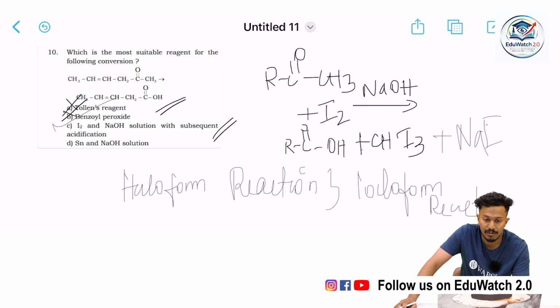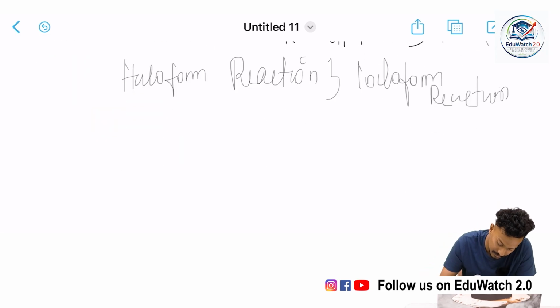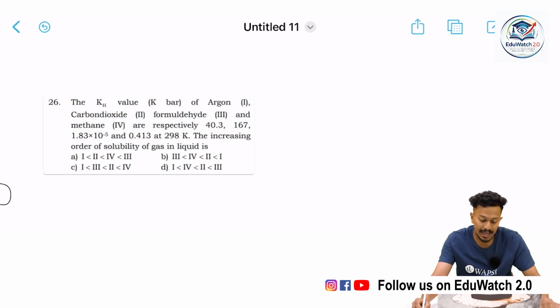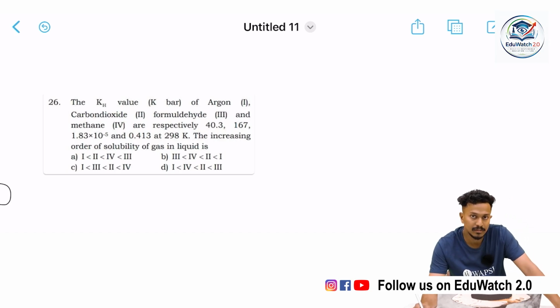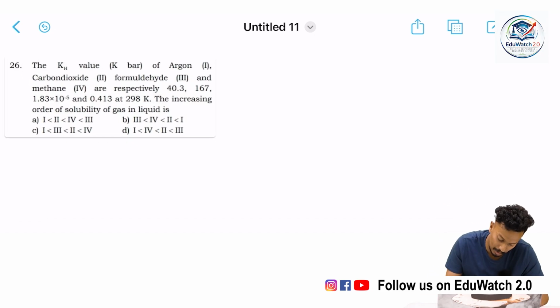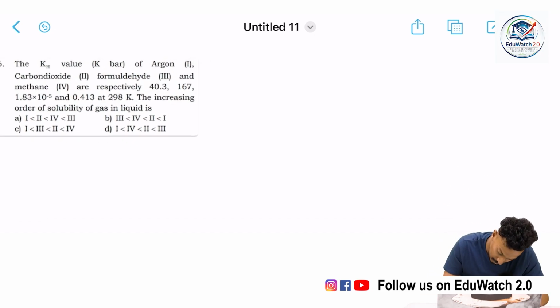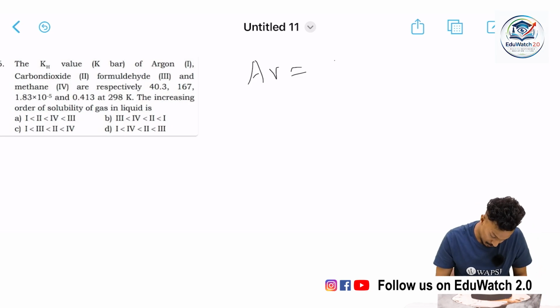We will move on to the next question. The Kh value, which means Henry's constant of argon. We'll note down the given statements, right? For argon we have how much? 1.83 into 10 raised to minus 5. Oh, sorry. For argon we have